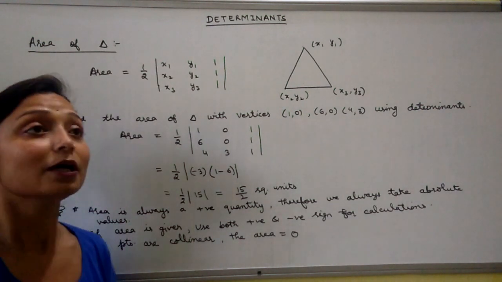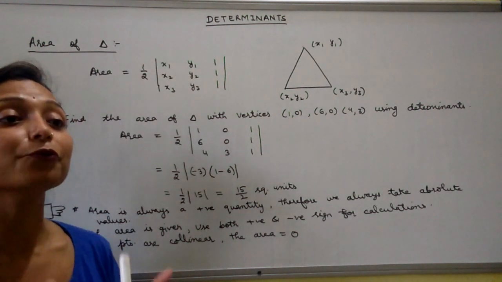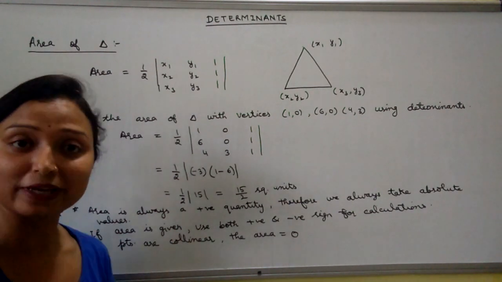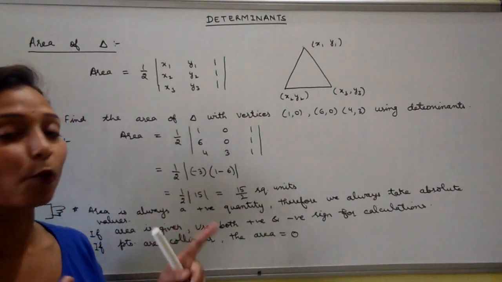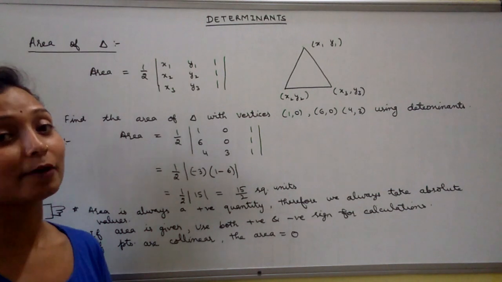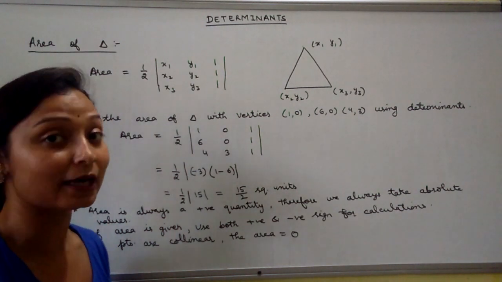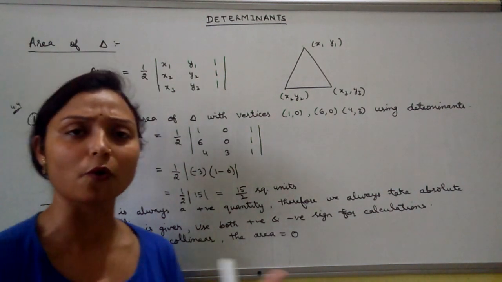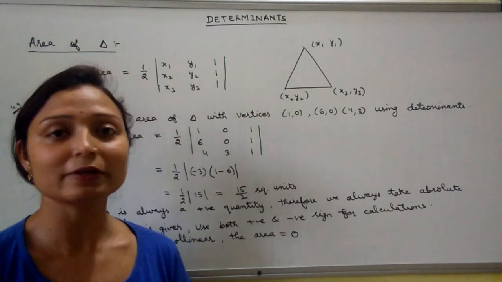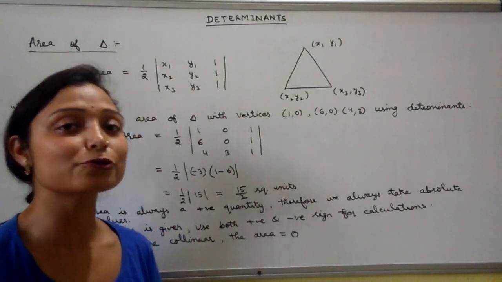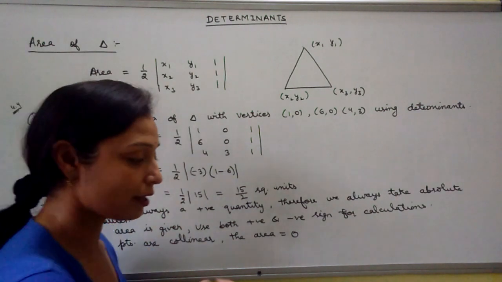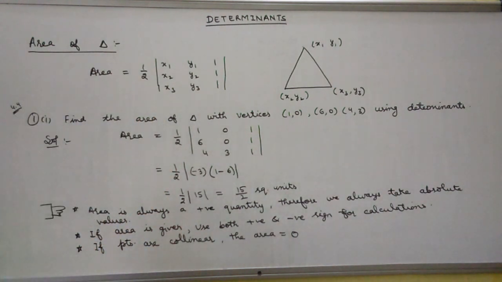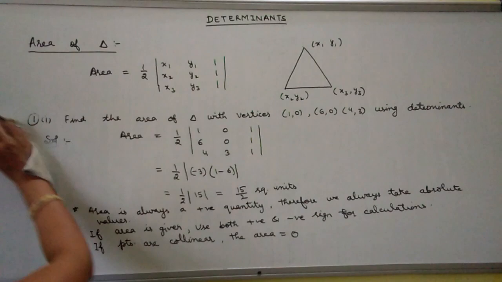Now come to the question where you have to find the equation of a line using two points and by using determinants. You have to use the area formula. How can we find it? You all know that for a line the area will be equal to 0. So we have to suppose one more point. Let us suppose we have one question from your NCERT. What is that question?